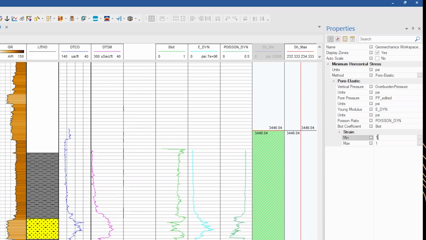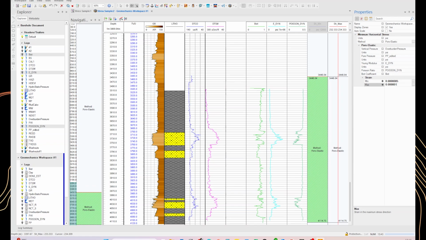So for the minimum, we can consider that we are in a passive margin tectonic stress. So we entered this for the minimum value, and for the maximum value we enter this value. And that will be the output that we get.